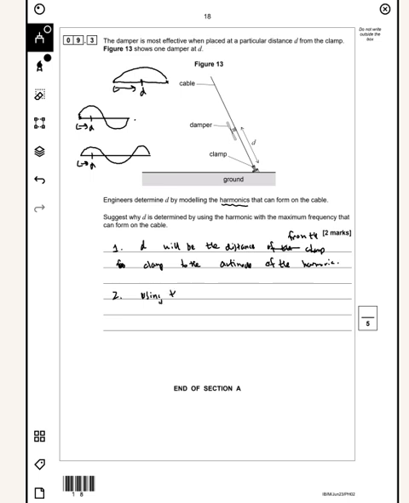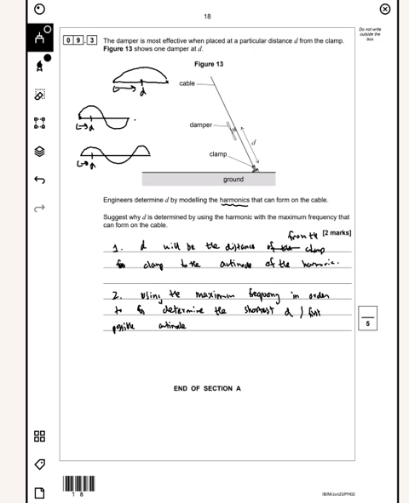Using the maximum frequency in order to determine the shortest distance or first possible